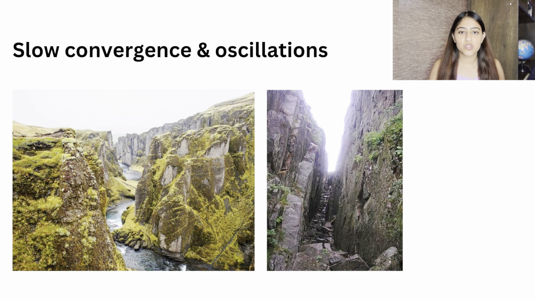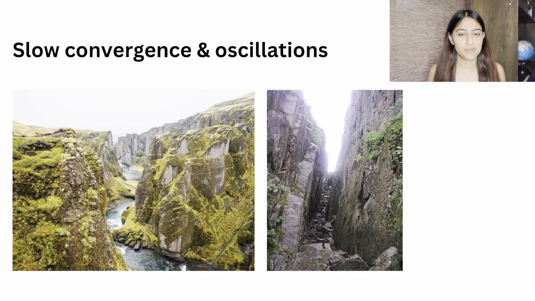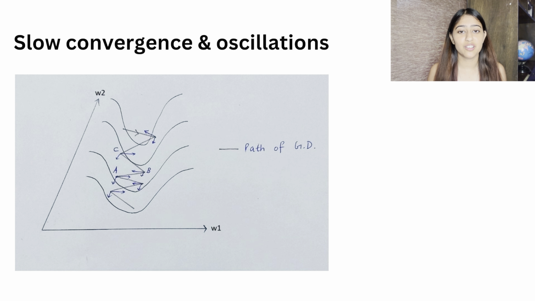First up is slow convergence and oscillations. So imagine a super narrow valley. You are trying to walk downhill, but each step is so constricted and it is such a tight spot that you are even going sideways. This is what happens when the loss surface has steep sides and a flat bottom, and this is what we call a ravine. It takes forever for the loss function to reach the bottom of the pit. It just bounces off from side to side.